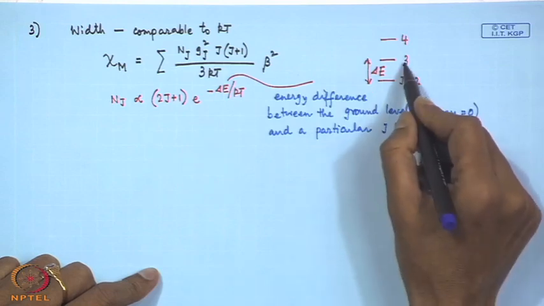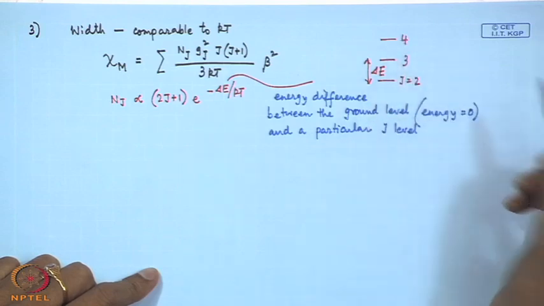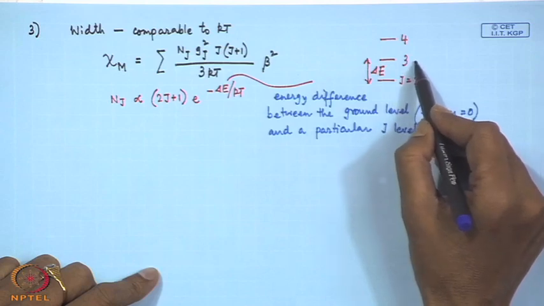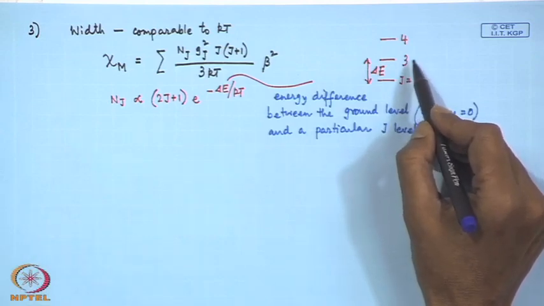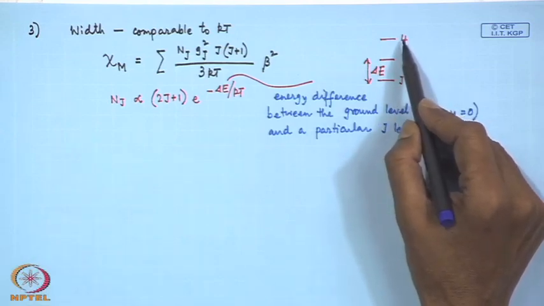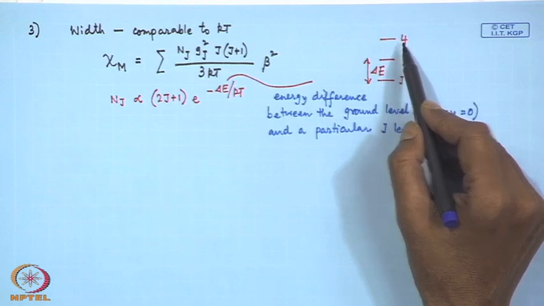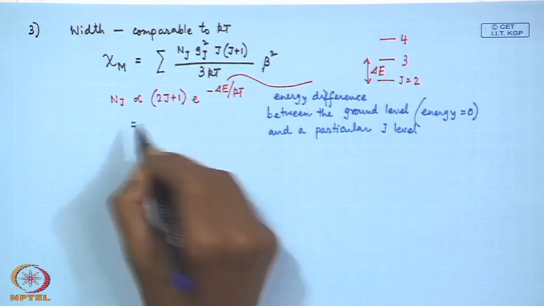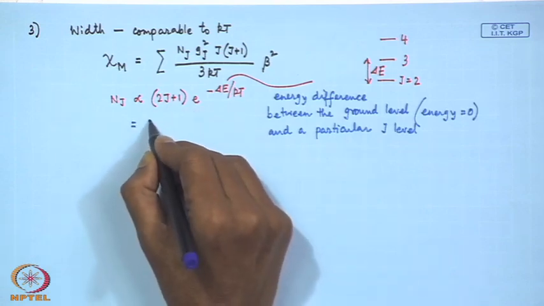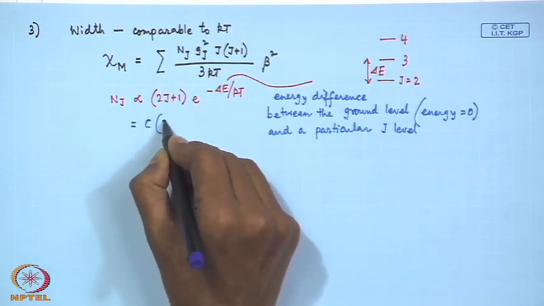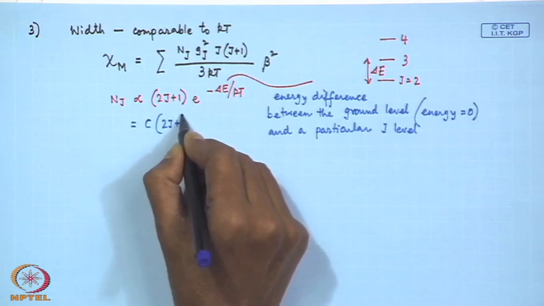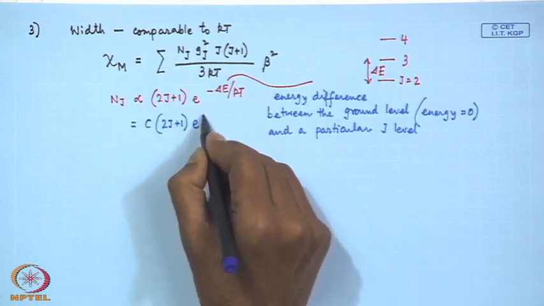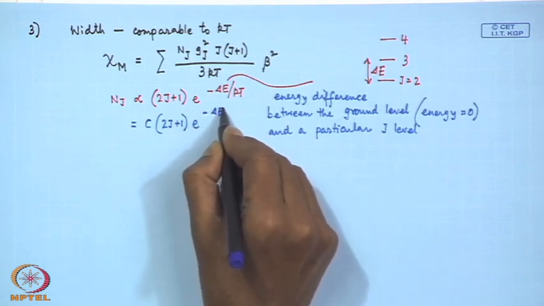That means J value equal to 3 or J value equal to 4, that means the first excited level. This is the first excited level and this is the second excited level. So, if we bring in the proportionality constant C, it will be C into twice J plus 1 into exponential minus delta E by